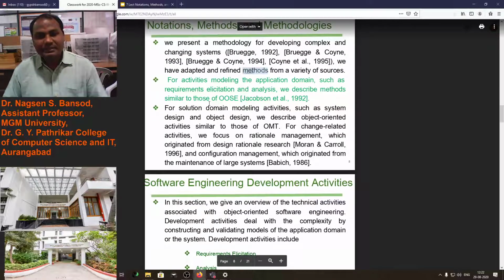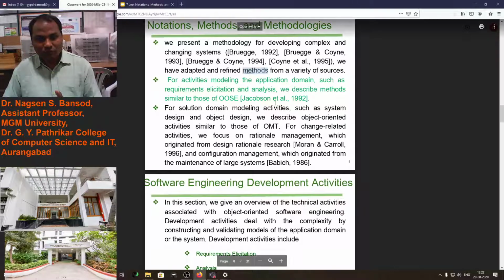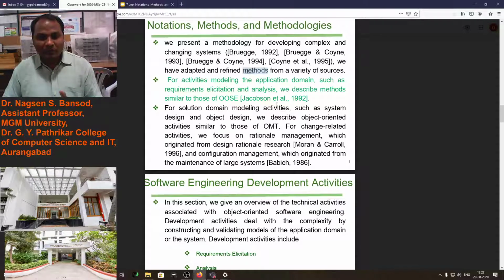For activities modeling the application domain, such as requirement elicitation and analysis, we describe methods similar to those in the 1992 book published by Jacobson.